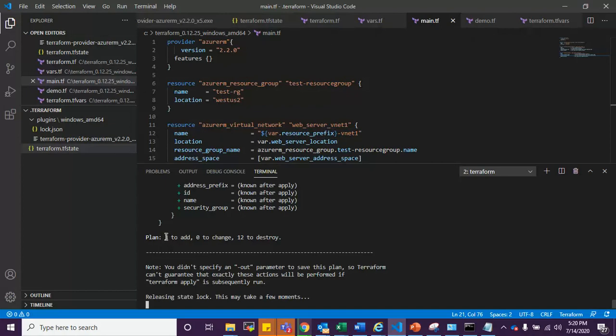As you can see, it has planned to add 3 resources, and the old 12 resources it will destroy automatically. So let's give it a minute to return to its normal state, and then we'll run Terraform apply on this.